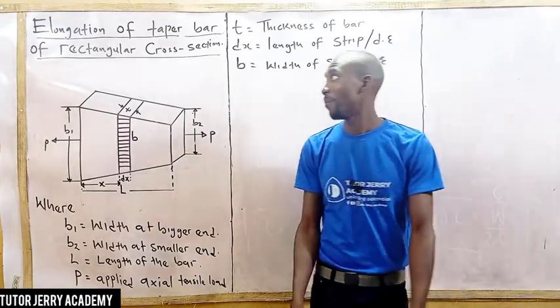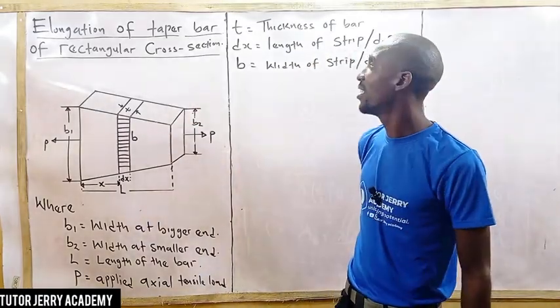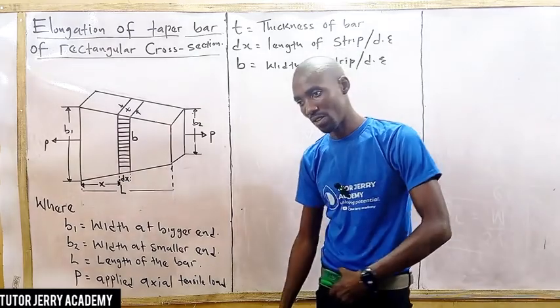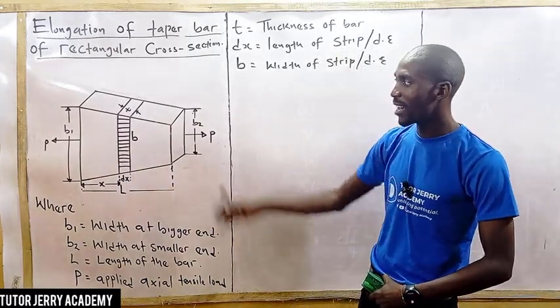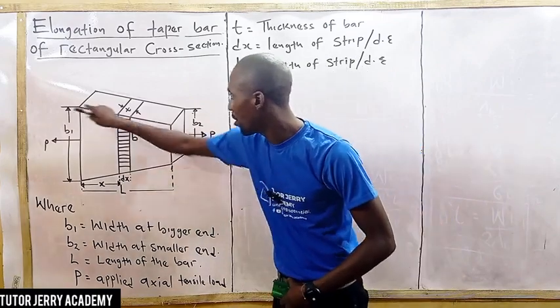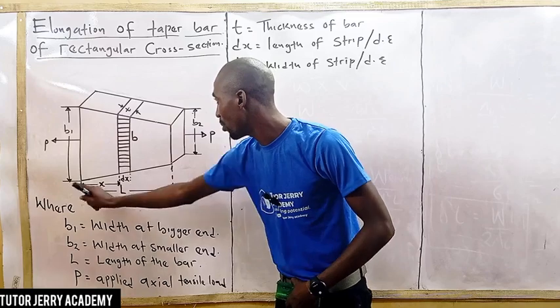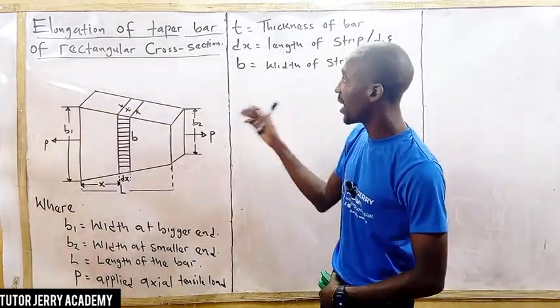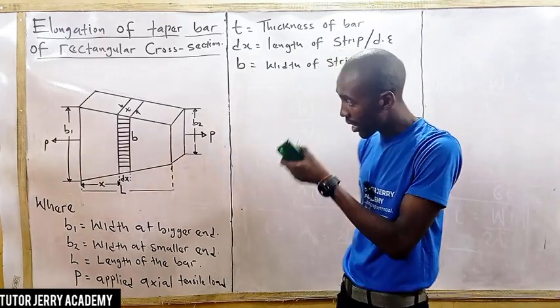Hello and welcome. Today we'll be looking at elongation of a taper bar of a rectangular cross section. First, we look at the diagram above. We have a taper bar from here to here to here. But if you look at this other side, we are looking at the taper bar of a rectangular cross